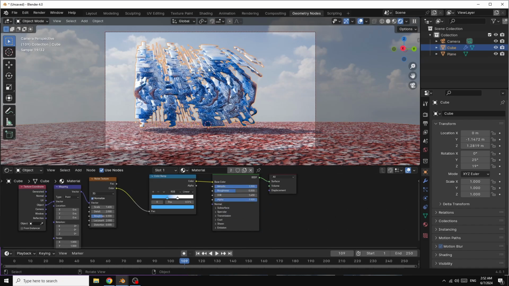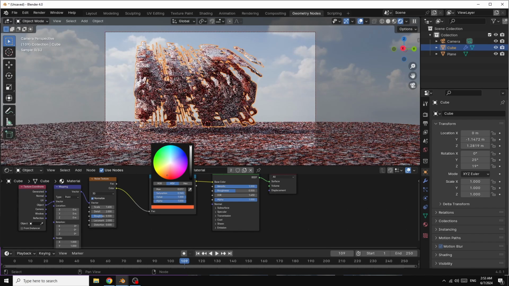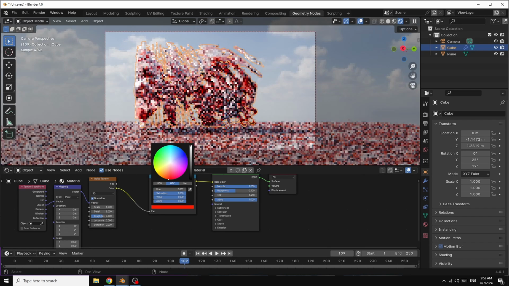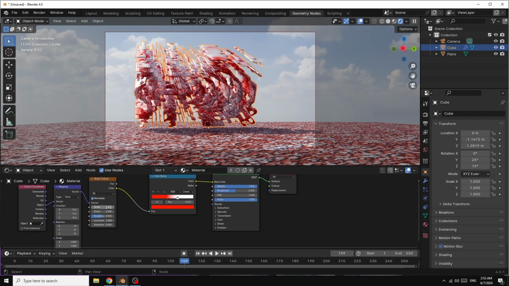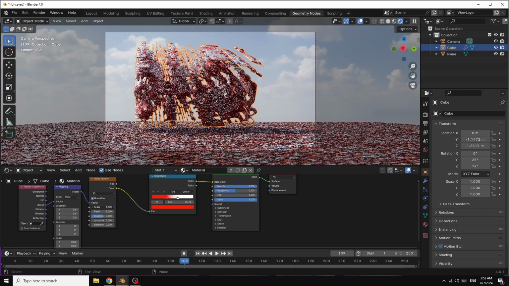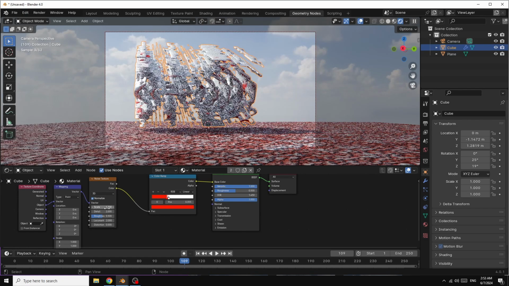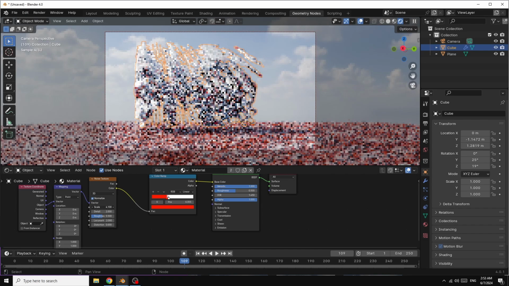So I change this color. Maybe I make it red like this. Okay.